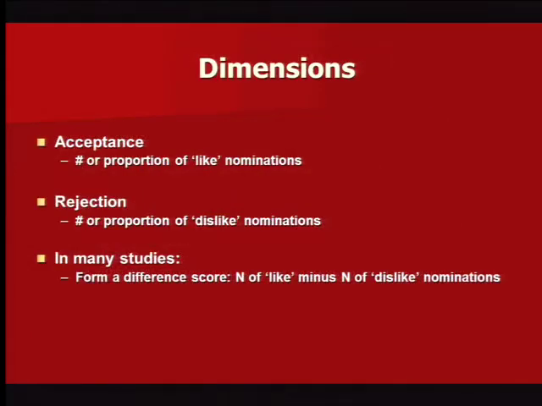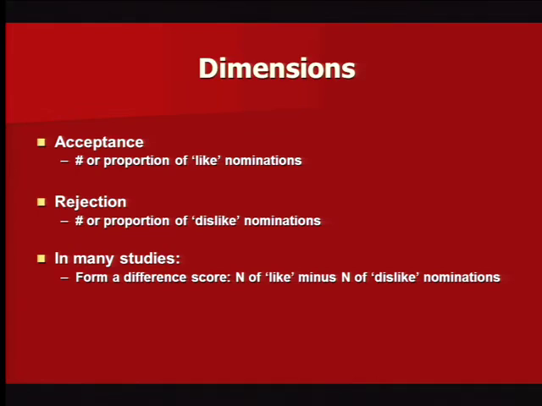What do you do with the information? Well, if you like dimensions, remember continuous rather than categorical. You can get, okay, there's 30 kids in this class, and I am in this class. 20 of my peers put me in the bottom 3. 20 of my peers said, don't want Steve as my friend. So my peer rejection score is what? 66.66%. 2/3 of the kids said, no dice. So I could do that for rejection, and only 3 of the kids wanted me as a friend, so I've got a 10% acceptance score. So that's one way to do it, get a sort of dimension.